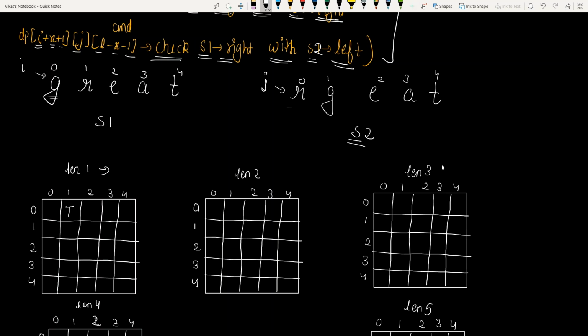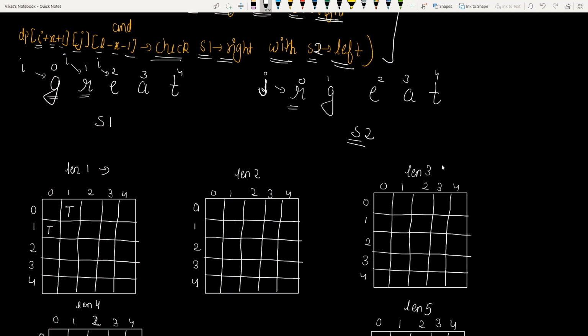Now for i equals to 1, I'm not going to iterate over the whole thing, I'm just doing it a faster way. When i equals to 1, we get the similar character at the 0th position, so j equals to 0. So i 1 and j 0, we make it true. Basically we are doing our work for length equals to 1 right now. Now we shift our i.